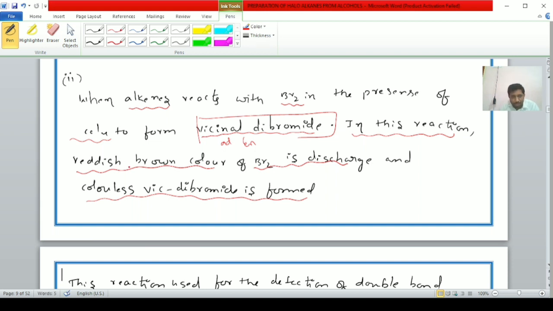First one is reddish brown color of bromine is discharged. Discharged means disappear, student. And colorless vicinal dibromide is formed. Colorless vicinal dibromide will be formed. For example, student,